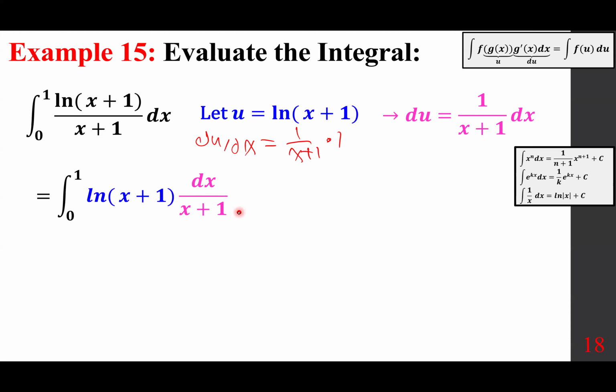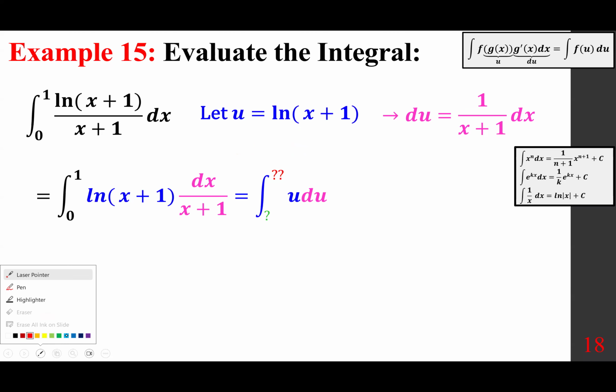This is u, this is du, and what are the new limits? We are going to write them. So I'm going to find the new limits. Before that, of course, this is a simple case of the power rule, and therefore it's 1/2 u squared. We have to figure out the new limits. So I'm going to erase my work first, and then